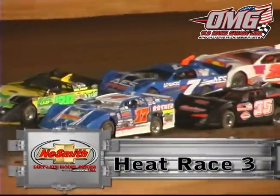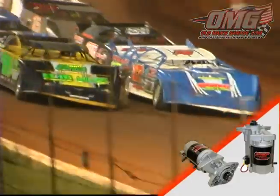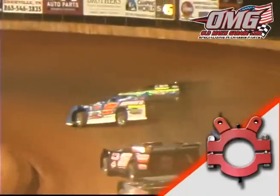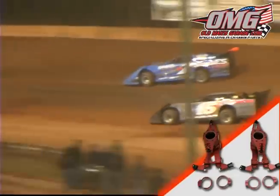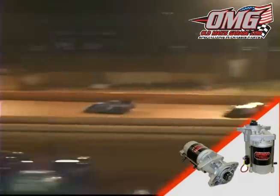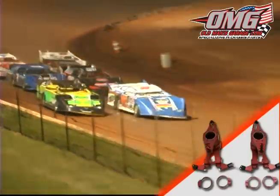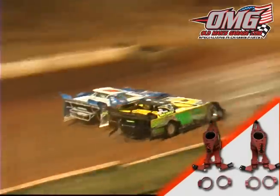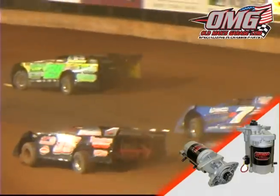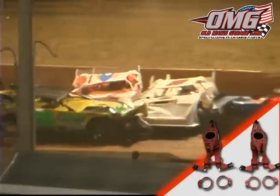They come rolling through turn 4 as they approach the starting box. They're in it, they're on it. Green flag's out, we're racing. Wheel to wheel into turn number 1, and on the outside the front row, Jason Welsh will take the lead. Patrick Dugan gets out of shape in turn 2, but somehow, some way, here they come. They're in the box. Green flag's out. This time Rosner grabs the lead as Welsh pushes up the racetrack, and he gets the wall and collects more